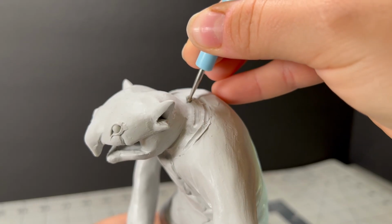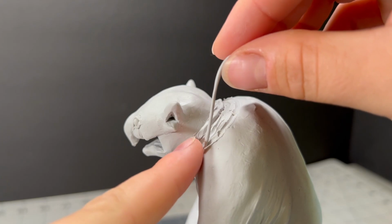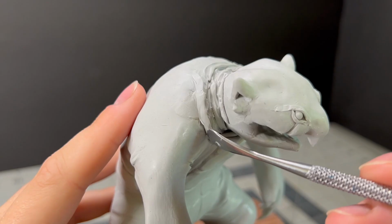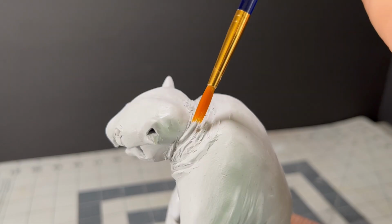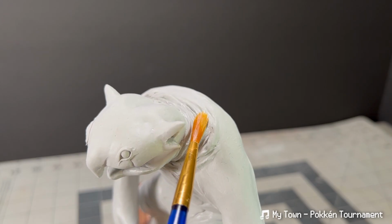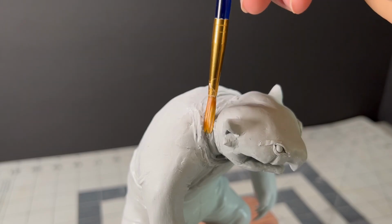his many neck wrinkles. I used a ball stylus to add indents all around his neck and used noodles of clay on top of the areas between those ridges to give it a lot more volume. As I went, I blended them in somewhat to make sure they were looking good, but there's nothing like the power of good old chemicals to smooth things out a bit more. So once I was happy with the general shape of them, I went in with more acetone until everything looked